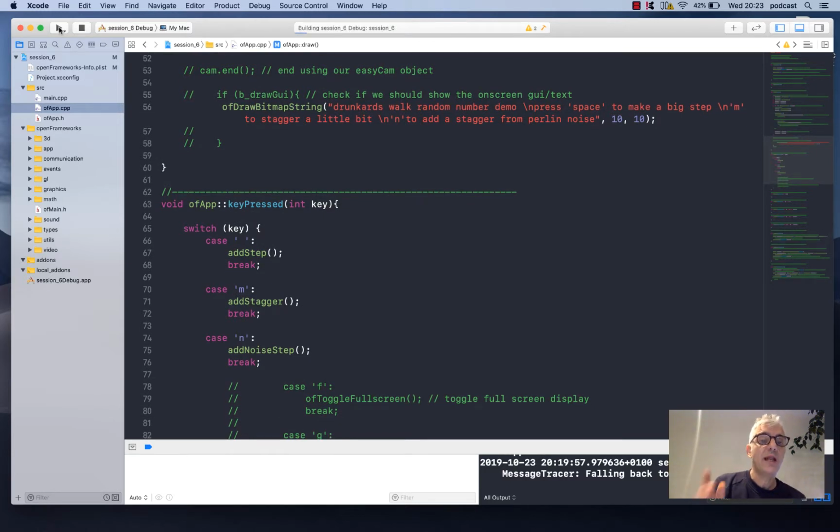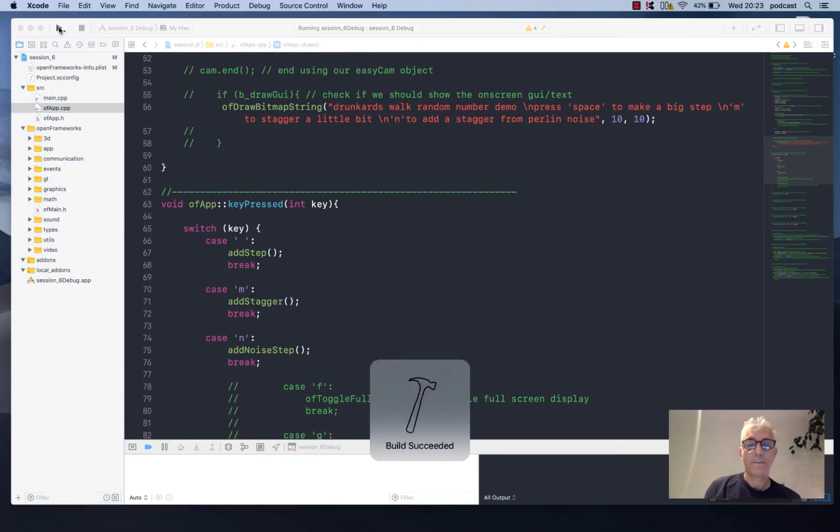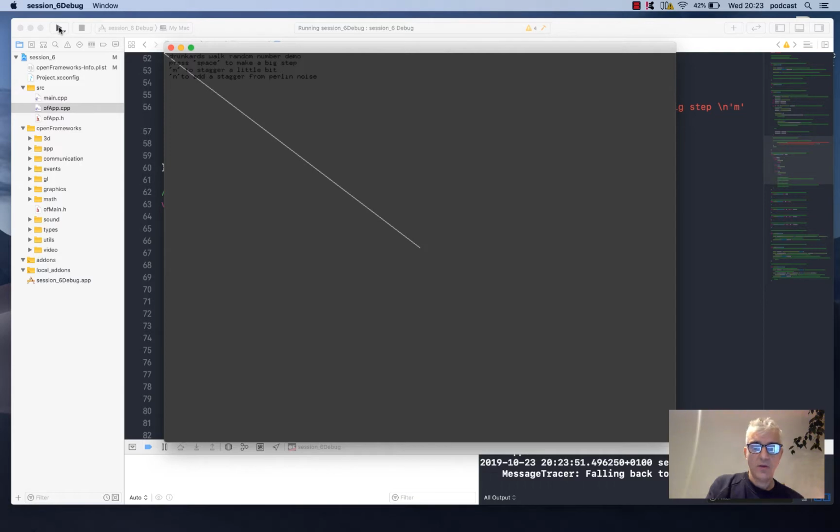So if you run that now, compile and run, you can see the spacebar is giving me big, very random steps. The M is giving me these interlinked staggers where I am now to somewhere near where I am now. And if I use the N key,